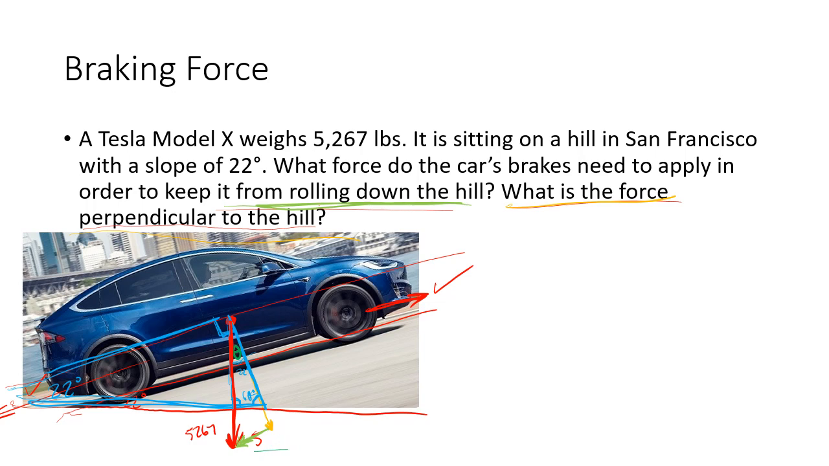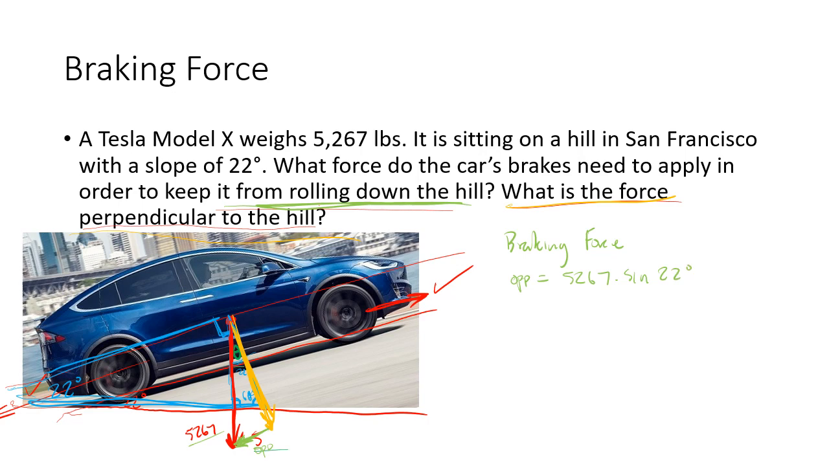We have this perpendicular force we want, and then we have this braking force. So to find the braking force, you've got to think about what the perspective is here. We have this angle theta. With respect to that angle theta, we want to know this opposite side. We have the hypotenuse. So the opposite force for this would be equal to 5,267 times the sine of 22